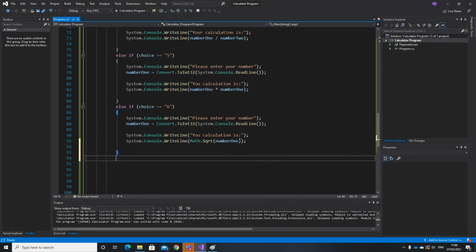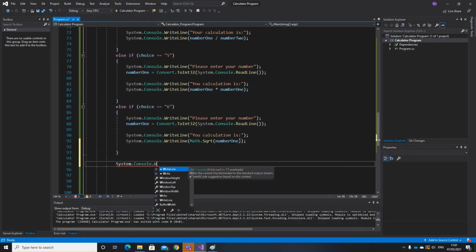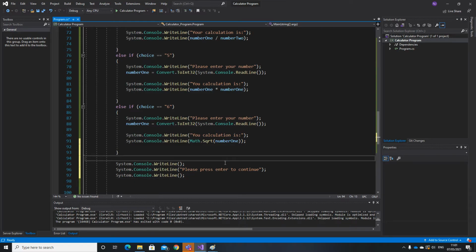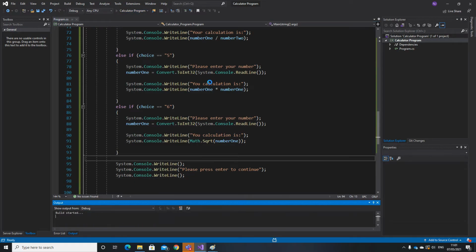So under here, just to make life a little bit easier, I'm going to create a system.console.writeLine, an empty one, followed by, let's be lazy, another one which says, please press enter to continue. Followed by another blank one. So this is going to break up the code a little bit. So if you look here,